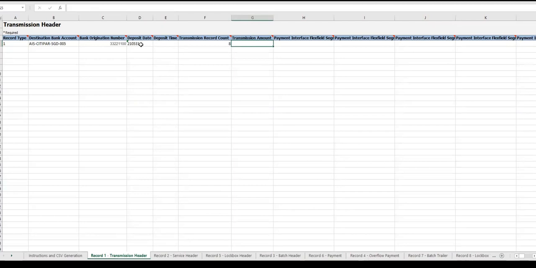But since in this case we are going to have a receipt applied to only 2 invoices, we need not enter the record for overflow payment. That is why the total number of records in this file is going to be 8, not 9. That is why the transmission record count is 8 here.